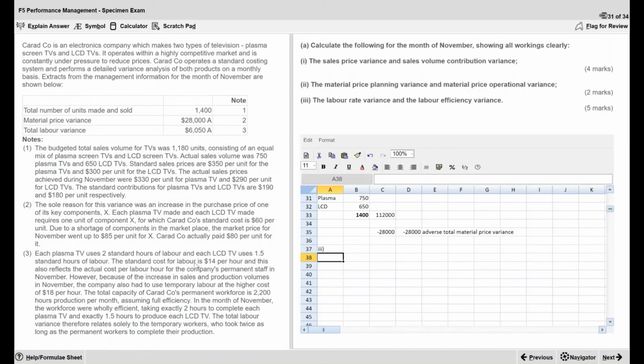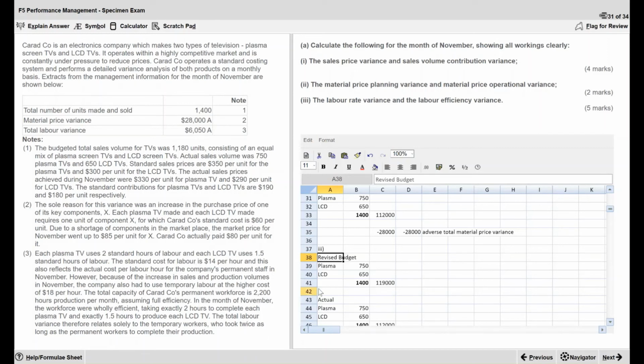The total capacity of Caratco's permanent workforce is 2,200 hours production per month. Assuming full efficiency in the month of November, the workforce were wholly efficient, taking exactly 2 hours to complete each plasma TV and exactly 1.5 hours to produce each LCD TV. The total labor variance therefore relates solely to temporary workforce who took twice as long as permanent workforce to complete their production. So we are calculating